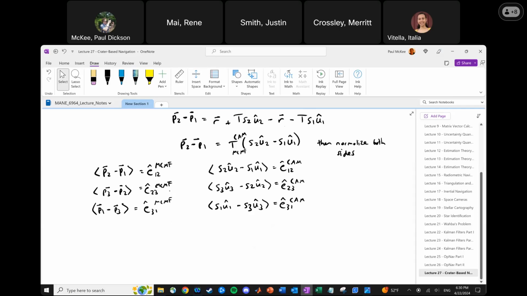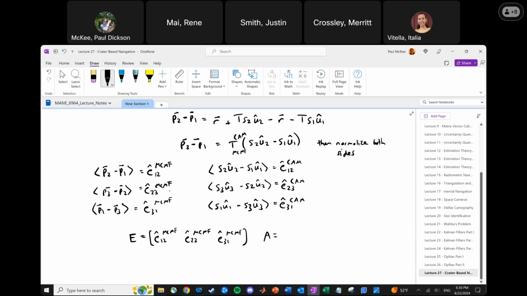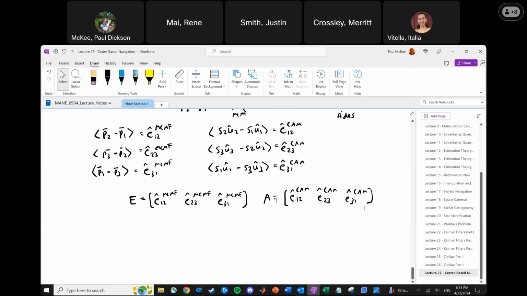just in 2 different frames. Now we're going to stack these together, and I'm going to say that E is E12 MCMF, E23 MCMF, and E31 MCMF. And A is E12 in the camera frame, E23 in the camera frame, and E31 in the camera frame. And you might have already guessed where we're going with this. By using the relative positions, the normalized relative positions of the craters in the camera frame, we have